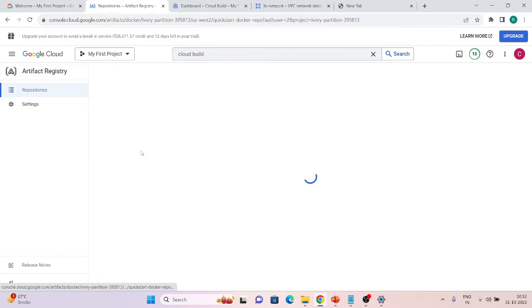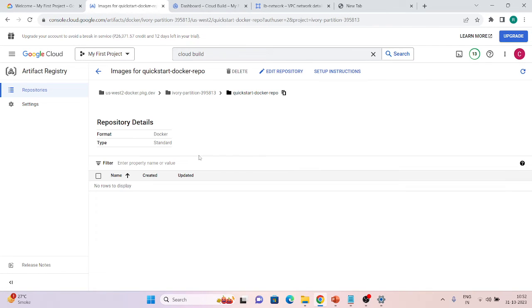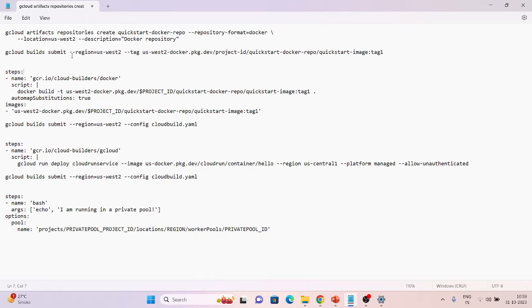If we go inside it, we can see it starts with us-west2-docker.pkg.dev, then my project name, then my folder name, or we can say the repo name. So I will run this command, gcloud builds submit. I'm submitting this build to Cloud Build, using this tag, and this us-west2 repository that we created in Artifact Registry. Let me update my project ID, and it looks good. So let's submit this.